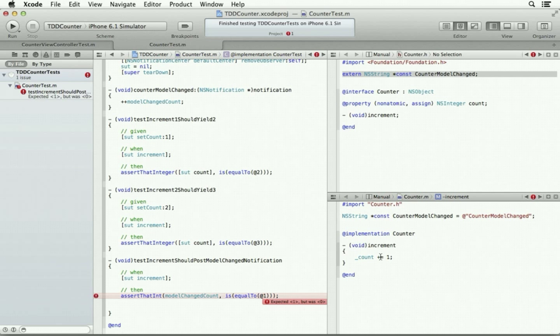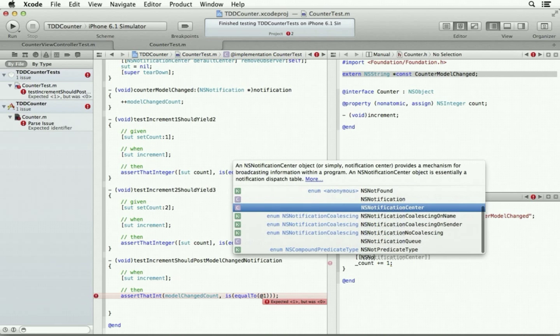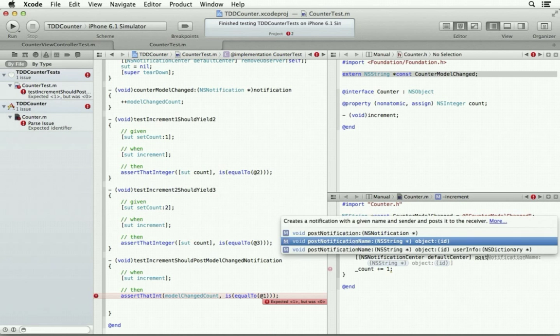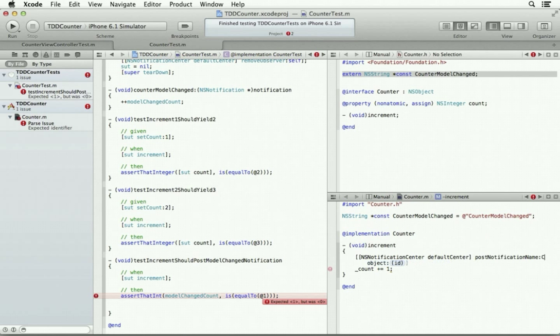Here's another: let's post the notification, but I'm going to do something bad. You see where I'm posting the notification? I am doing it before the count is incremented. That's wrong, right?